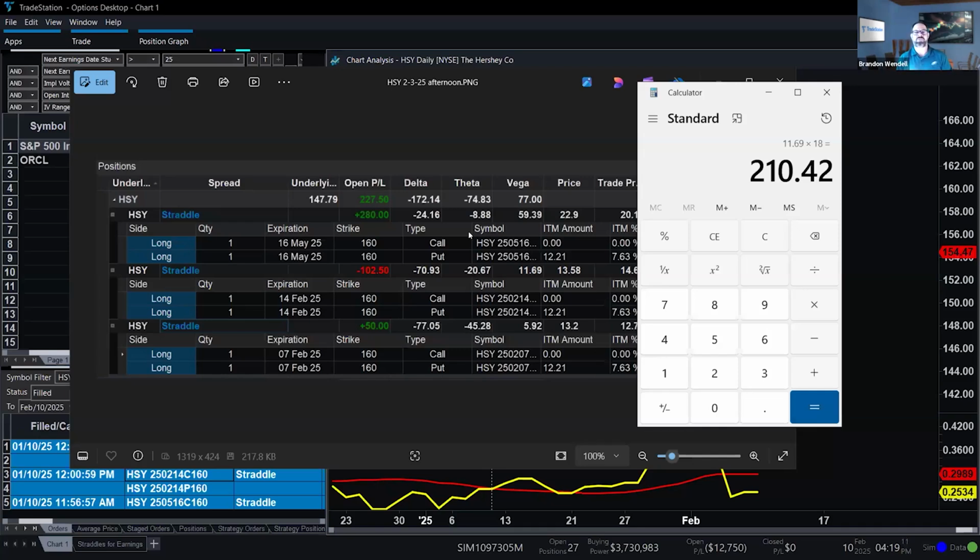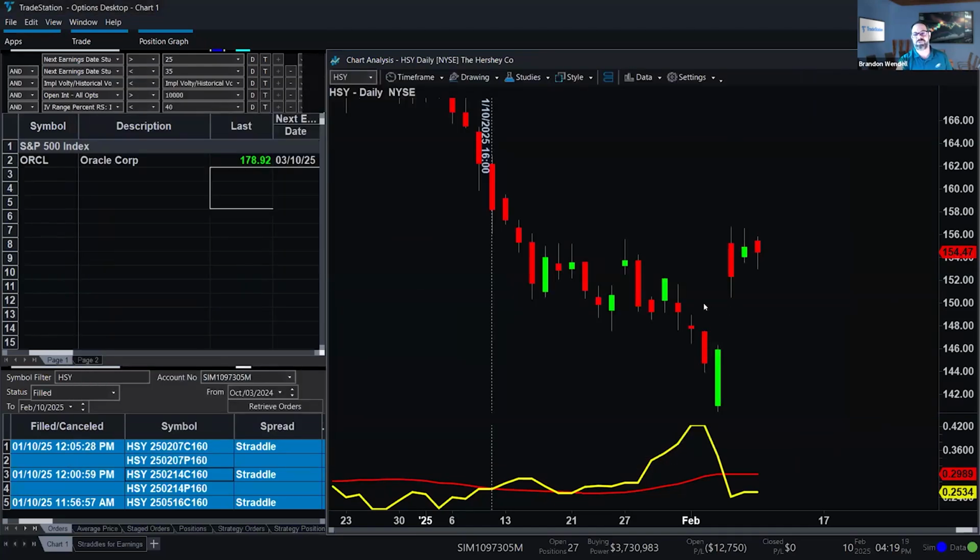And the value of those options will automatically drop as time decays. But what I'm trying to play is not just a big move in price. As a matter of fact, it really didn't matter if the price moved a whole lot. And from the entry around 160, yeah, we did drop about, what was that, $12 in price, but the real gain was this move up of almost 20 points in volatility. And that's what happens with these earnings.